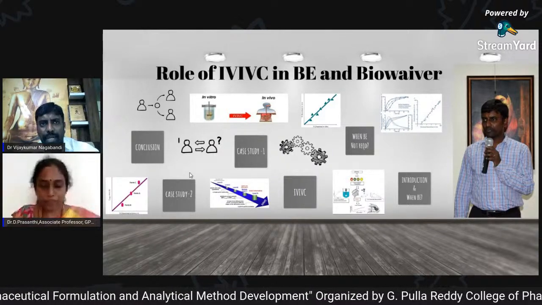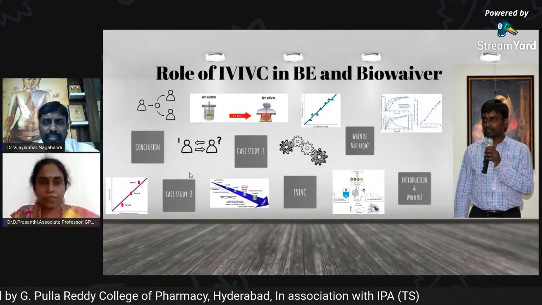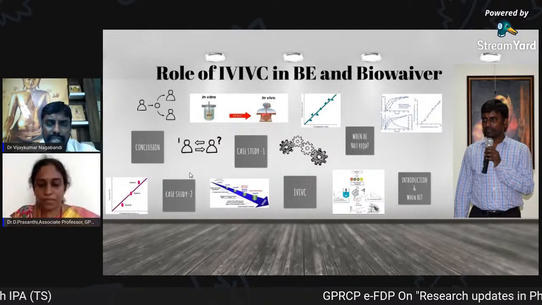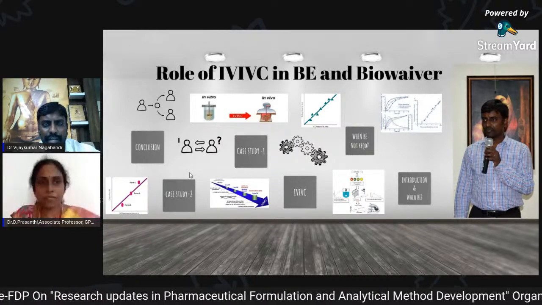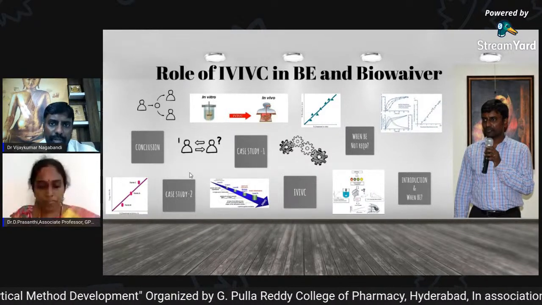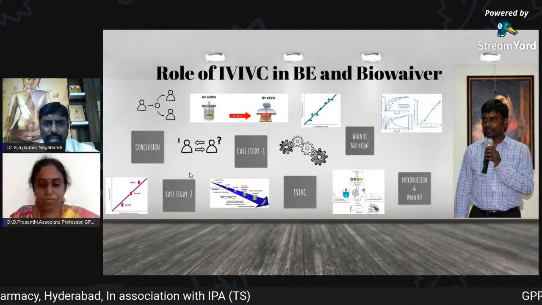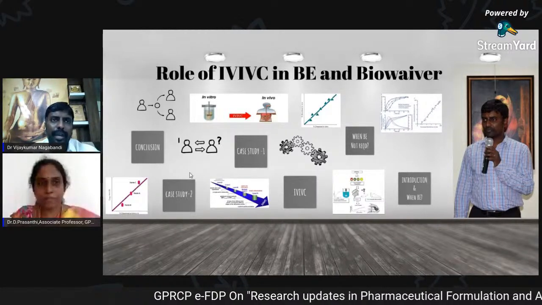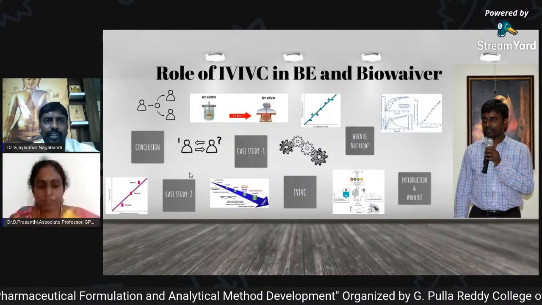Actually, the foremost requirement to conduct bioequivalence testing is that our test formulation should be chemically equivalent and pharmaceutically equivalent. And I've already defined clearly, chemical equivalence is nothing but our API and dose should be the same. Pharmaceutical equivalence means our formulation and the reference formulation should have the same dosage form and same route of administration. If the innovator formulation is immediate release and our formulation is modified release, we cannot compare these two formulations as bioequivalent, because in this case bioavailability testing will come into the picture rather than bioequivalence. Our formulation behavior is different, the innovator's formulation is different.